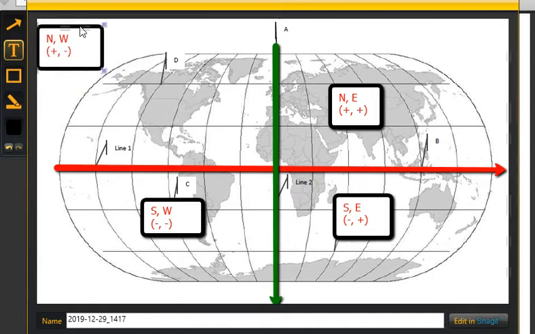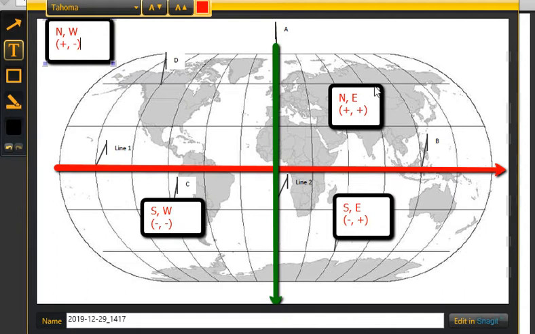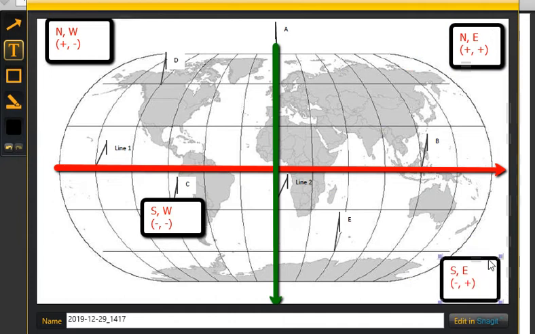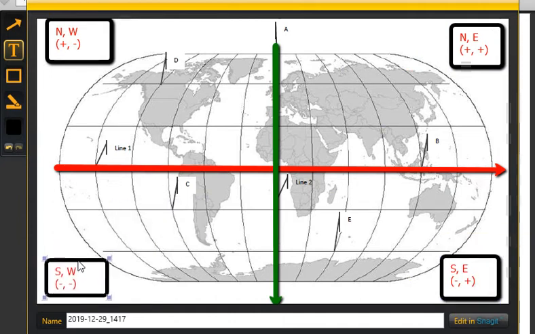So in the first part of the course, we're going to talk about providing latitude and longitude coordinates, and we're just going to use whole degrees. As we get further into the class, we'll talk about distance in minutes and seconds, but we're going to start out this first couple weeks just trying to get the basics. So remembering where your quadrants are, if you were asked to give the location for this line here at C,